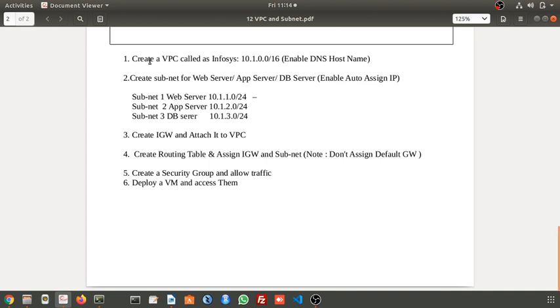First, create a VPC and name it Infosys VPC and assign an IP address like this. You can give any IP address, but the class should be either /16 or /24. I guess you know what these network classes, IP address classes, are. There will be classes like class A, B, C, D. Here /16 is nothing but, here, 10.1.0.0/16 means it allows 255 multiplied by 255 number of machines.